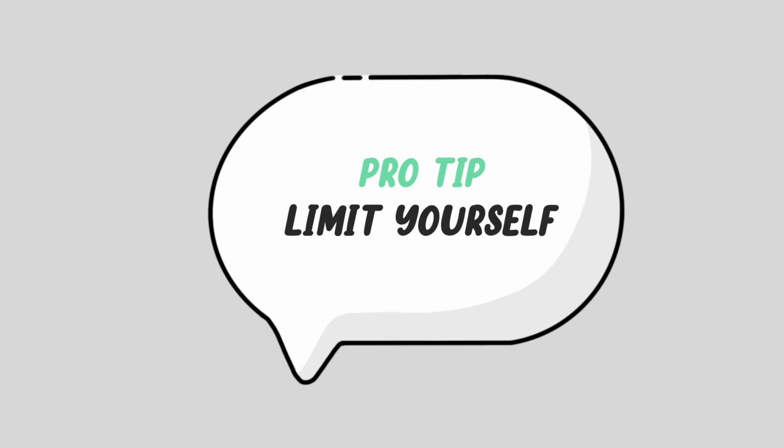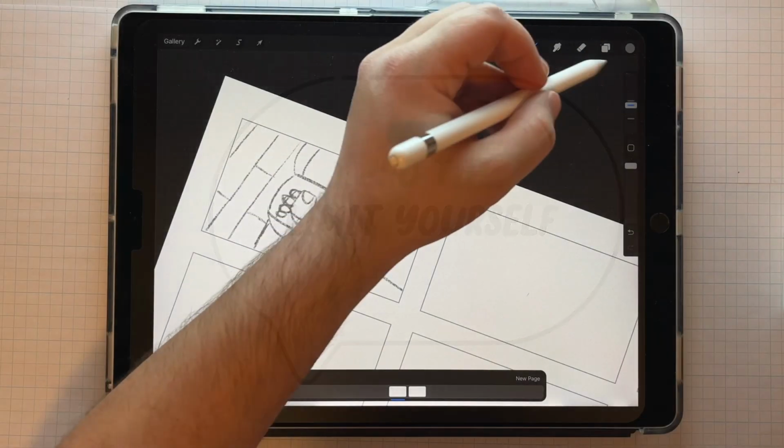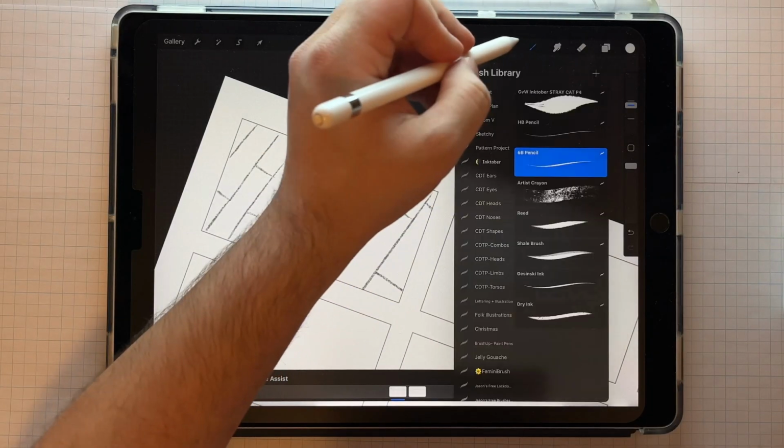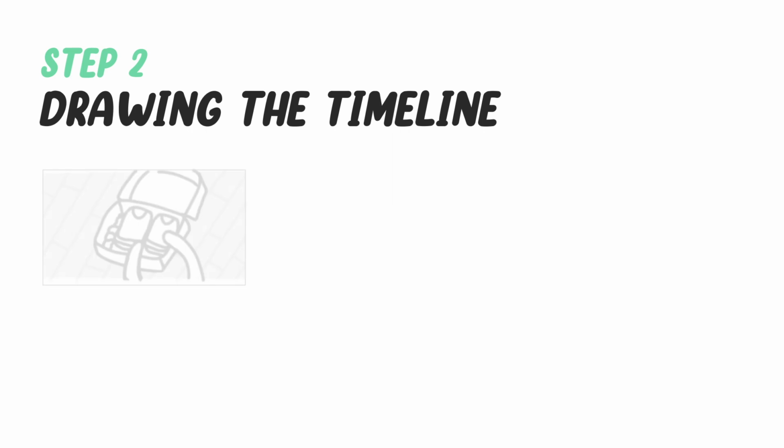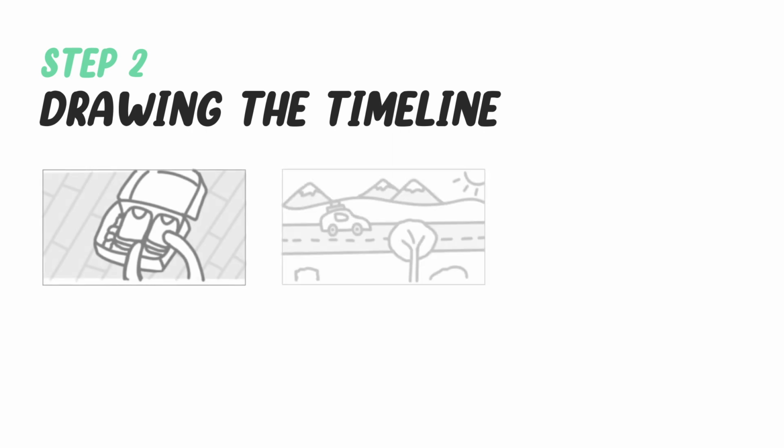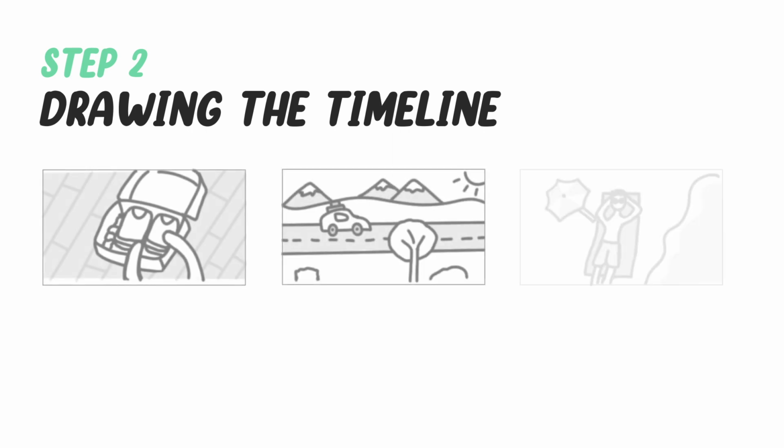You should be thinking about the story elements and not the design. That's for you to worry about later. Because of this, I like to limit myself by using the native pencil brush that comes with Procreate for my sketching. Drawing the timeline. As I start sketching, I'm going to sketch out the different key scenes from the timeline